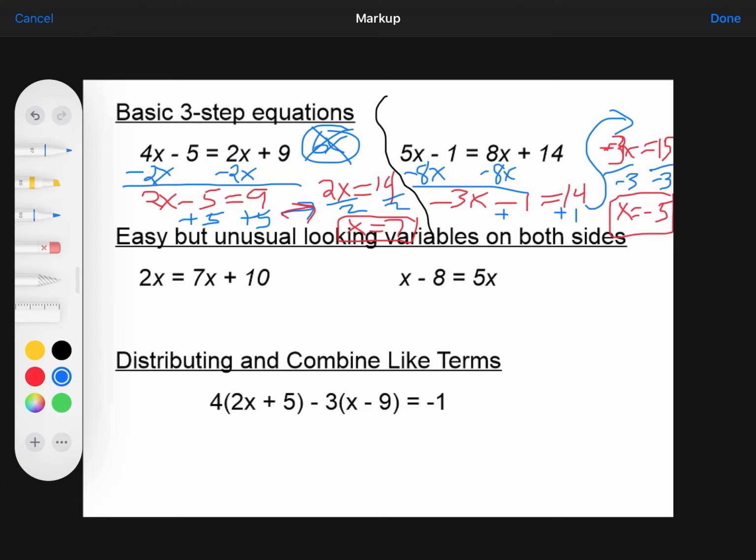Occasionally, you're going to see something come up that's actually easier, but it looks harder. You have x on both sides, like we do on both of these next problems, but what's going on is that you don't have two numbers. You only have a single number. It looks unusual. It's actually easier. As long as you don't get thrown off by this, if there's one x term on one side of an equal sign, the equal sign here being the key thing,